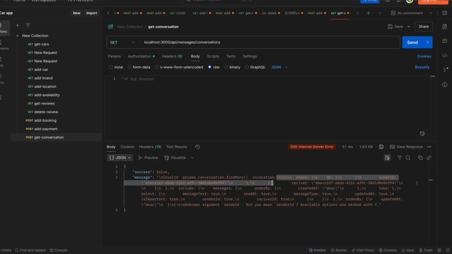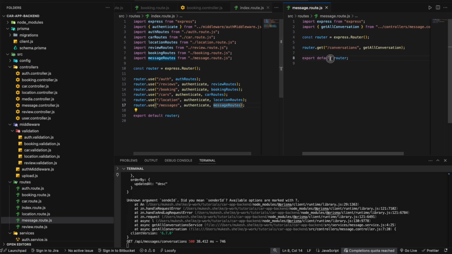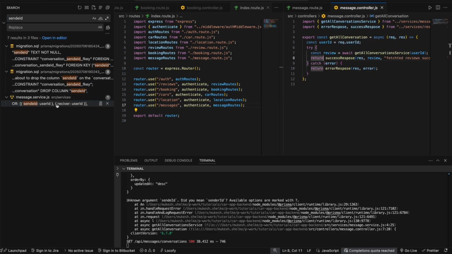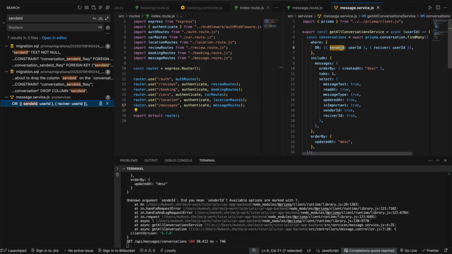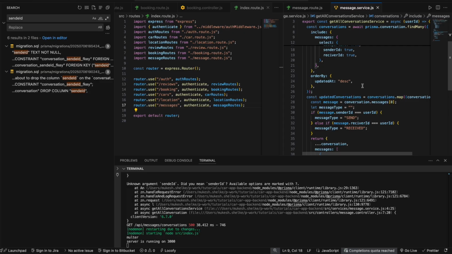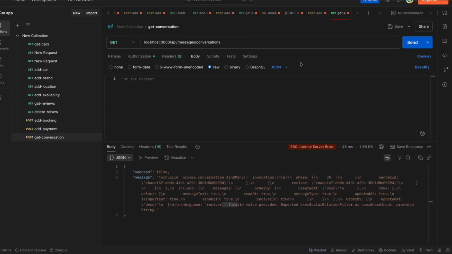Sender ID. Include updated at, do you mean sender ID? Okay, if you have seen, we have got this error, sendee ID, where we have added this. Okay, sender ID, because we have updated sendee ID to sender ID. That was our mistake. Now it is showing that